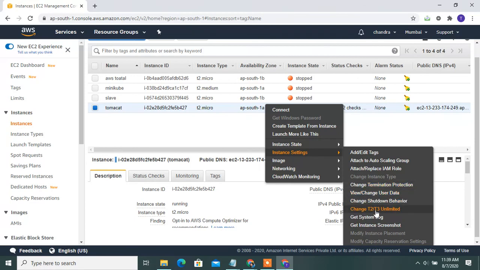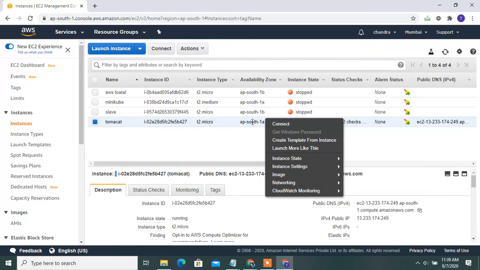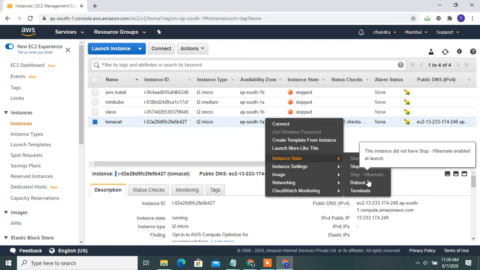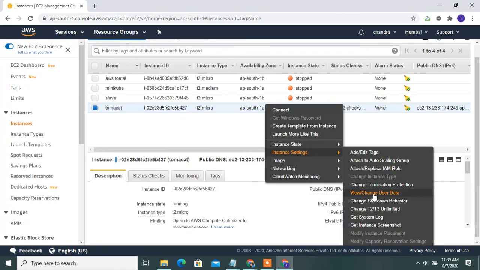Next is changing T2 to T3 micro. If there is any requirement, though I can only launch T2 micro, you can go to instance settings and change T2 to T3 micro.